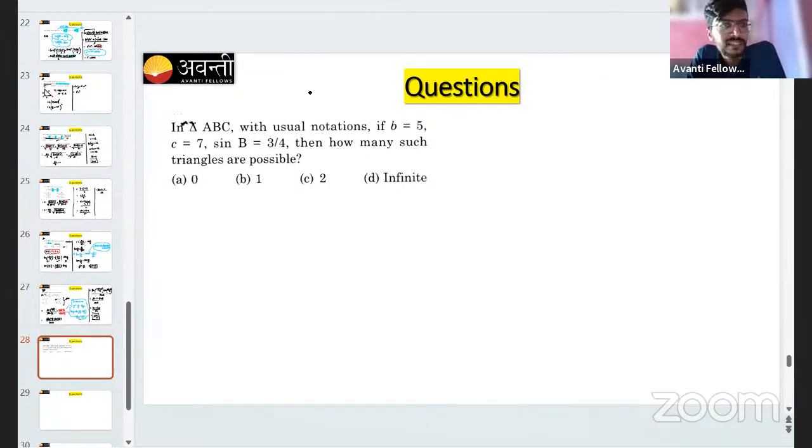This is an interesting way to ask the question, but it's a good question. What we can do here is, I am given B and C and I am given sine B. How many such triangles are possible? Now let me tell you,